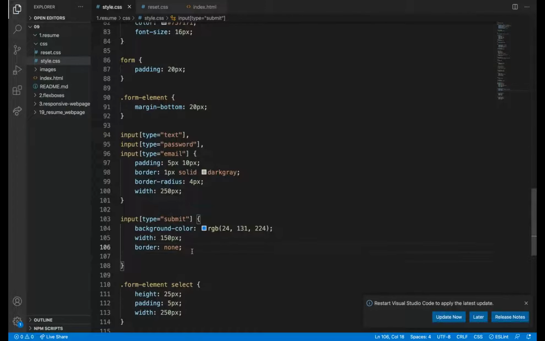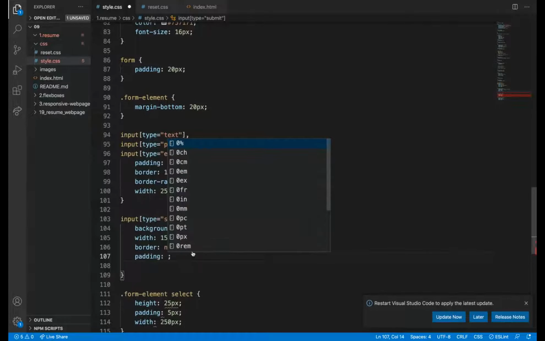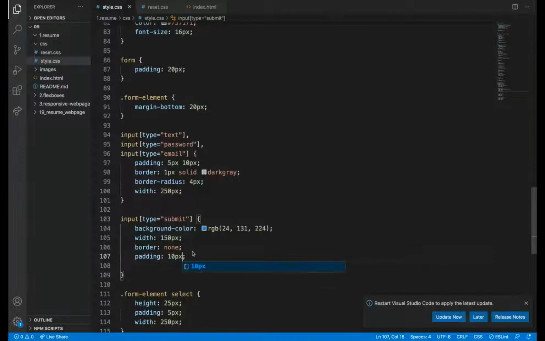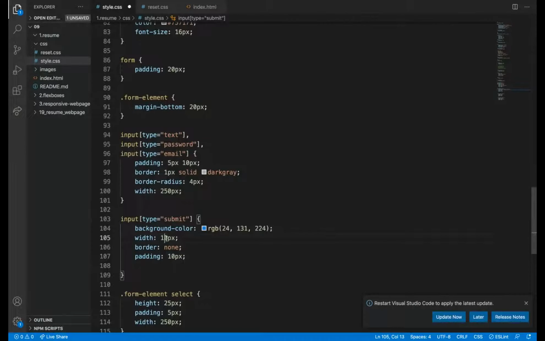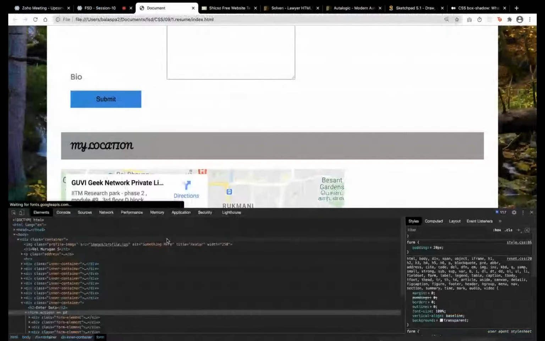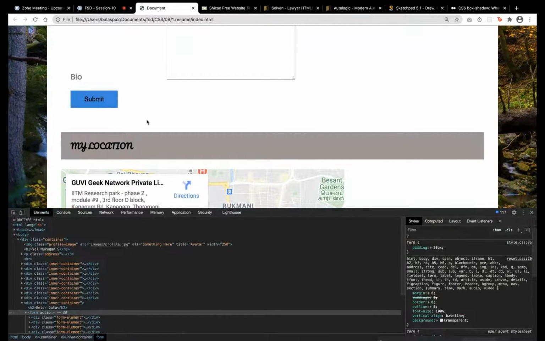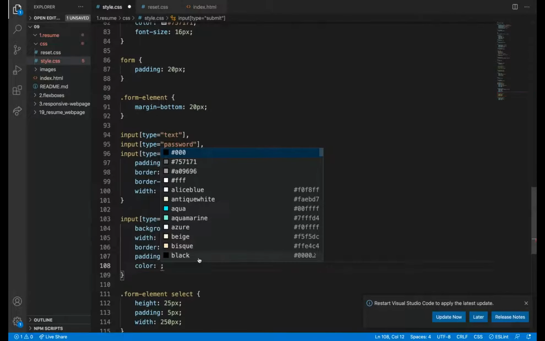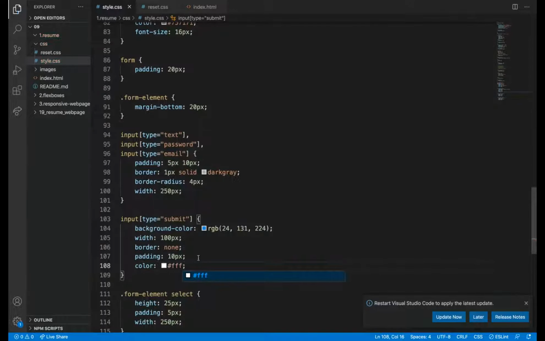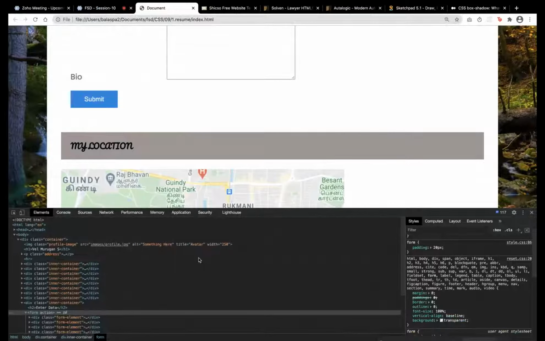And then I need some spacing also. So padding I'm giving, padding of 10 pixel. Yeah. Width I can reduce a little bit also. Okay, this looks better. Color is not visible. So color I'm gonna give.